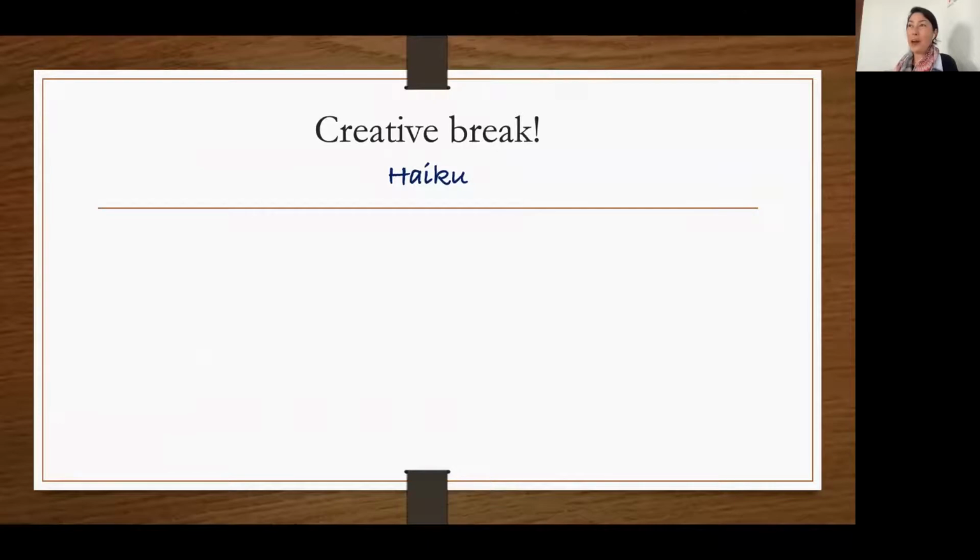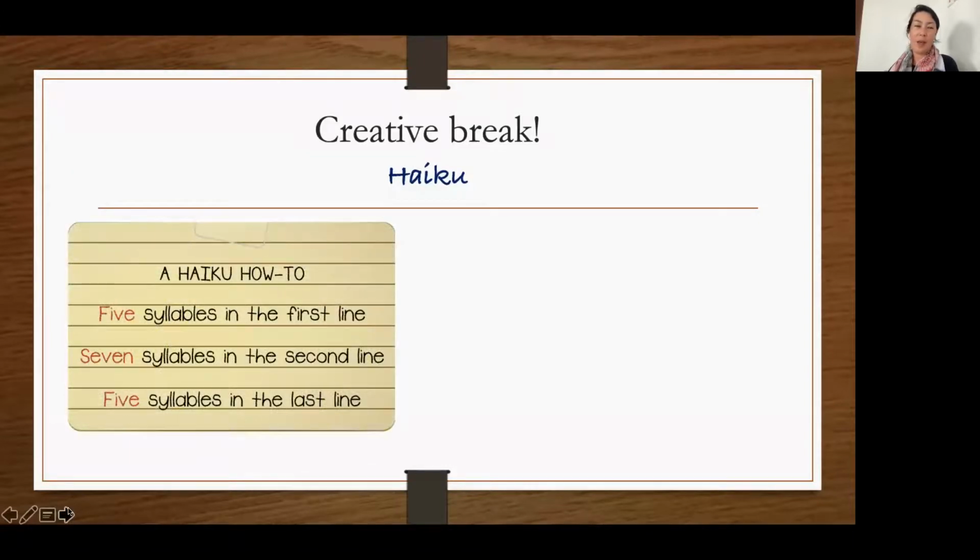They're usually about the change of season, but I think in their modern day, they can be about anything we want, but there are some specific rules of haiku. They're very short. They are 3 lines long. The first line has 5 syllables, 1, 2, 3, 4, 5. Second line has 7 syllables, and then the last line has 5 syllables. So for an example,